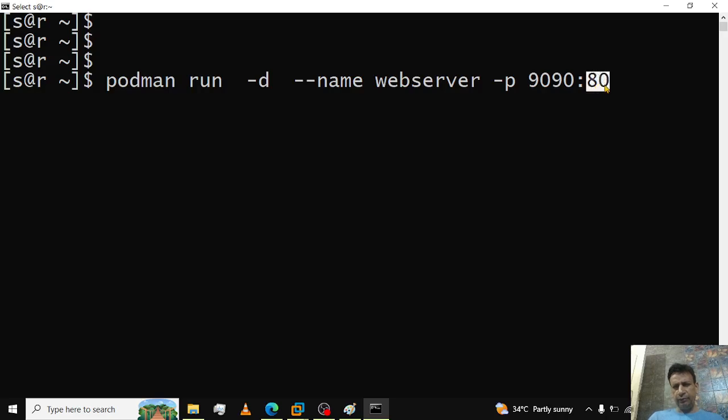80 is the container port, but when I want to open the browser and access the website of this web server, I will use this port. So it is my published host port. It means we have to use this port on the browser, and this is the container port. Remember it, right? After that, the image name is